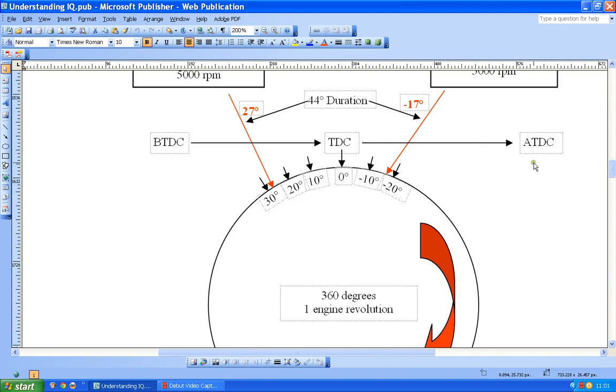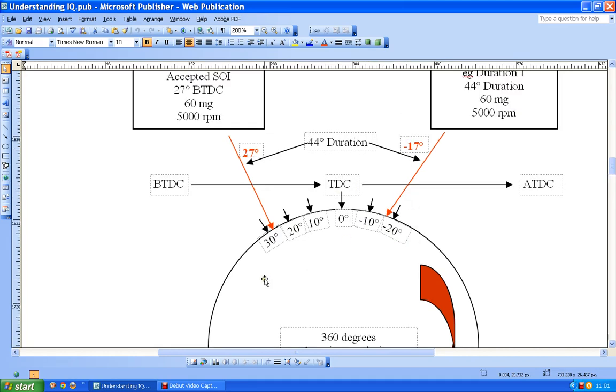But if any of you are used to these sorts of things, I'll just be using minus numbers. So in other words, all my comments will be before top dead center. So real before top dead center values will just be numbers, and after top dead center numbers will be minus values. So I won't keep saying after top dead center, I'll just say minus. So everything will be related to top dead center. Positive values are over here, minus values are over there.